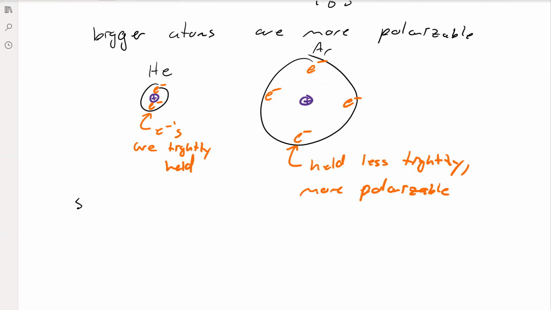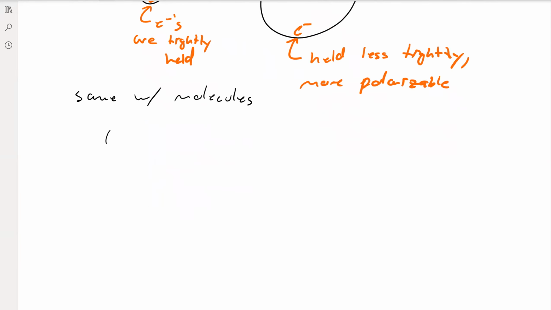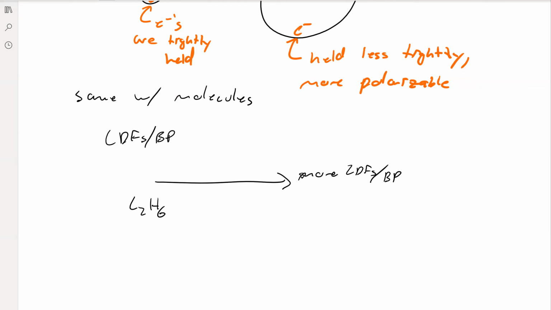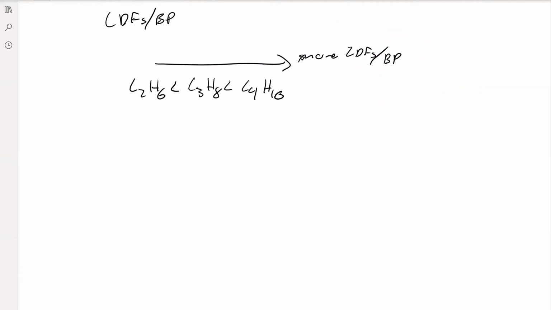And the same thing with molecules. The bigger the molecule, the more or stronger London dispersion forces you have. So for example, if we take a look at London dispersion forces, they track with boiling point. As we go from the left to the right, we're going to have more LDFs and a higher boiling point. Something like C2H6 is going to have a lower boiling point than C3H8, then C4H10, right? So as we get bigger and bigger atoms or molecules, our boiling point increases because we have more or stronger